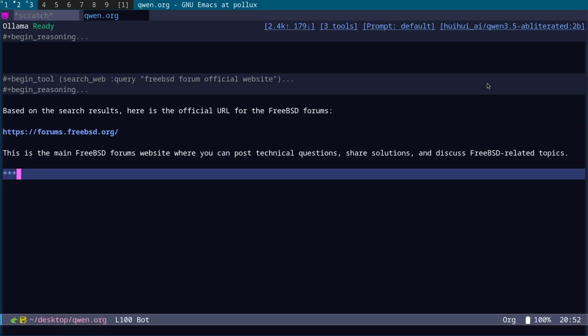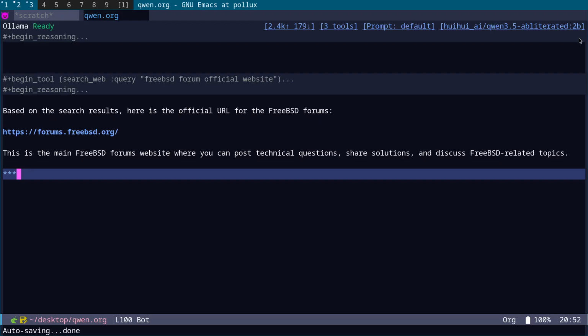So that's hi_AI qwen 3.5 obliterated 2.2 billion parameters, and that's about the limit of my GPU. So that's how we can have local, Ollama Cloud, and Gemini set up, all using the